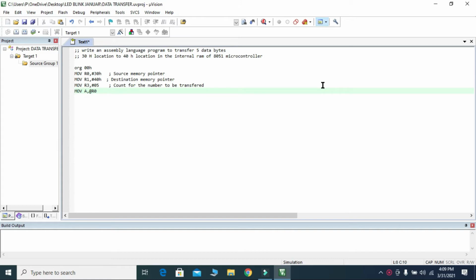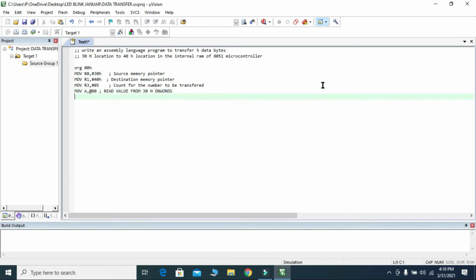The comment is: this is indirect way, read value from 30H onwards.